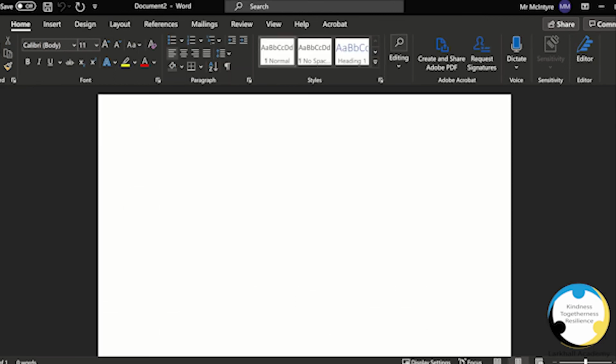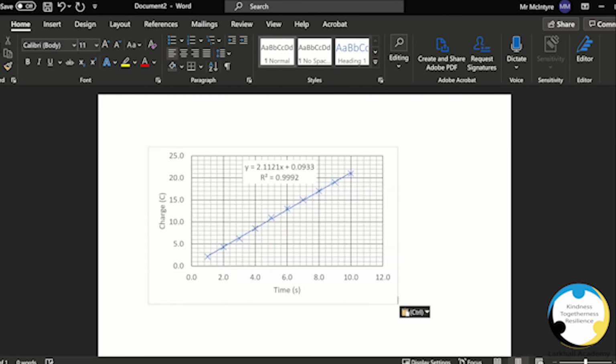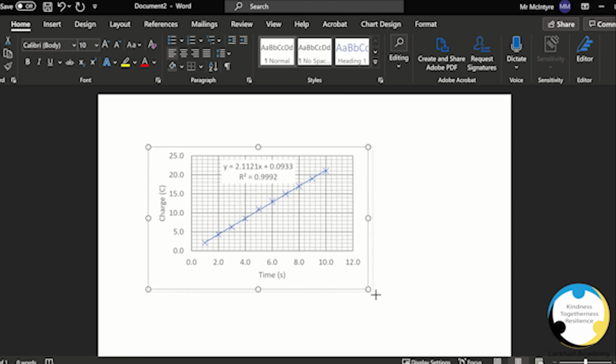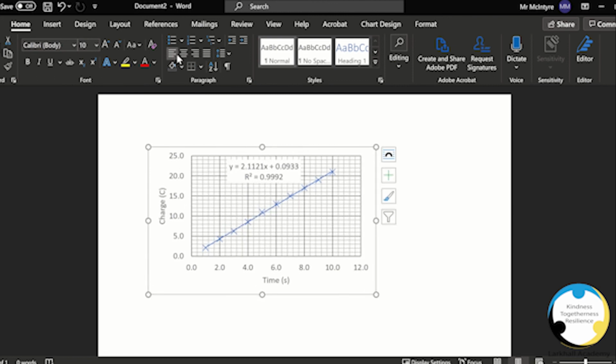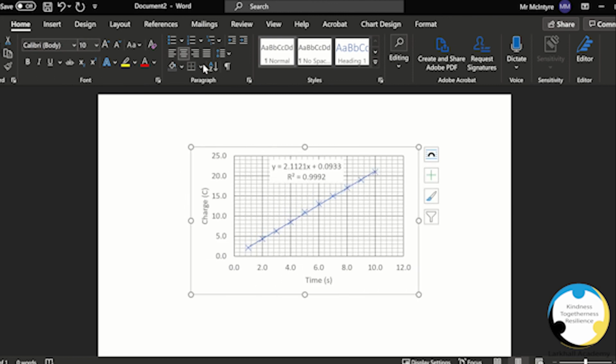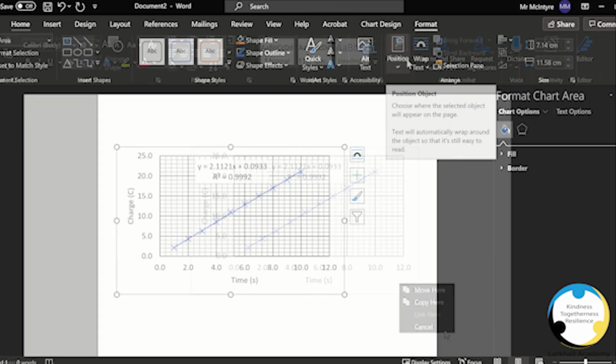So if I go to a blank Word document here, and I do Control and V at the same time, then that's going to bring my graph over. And what I can do then is click on here, and I can resize my graph if I want to. If I want to make it bigger or smaller, I can center it on the page. If I click this button here, if I want it to sit not in line with text, there we go,